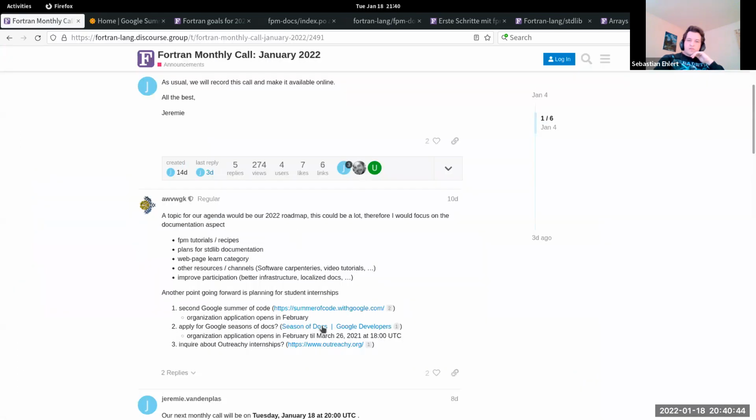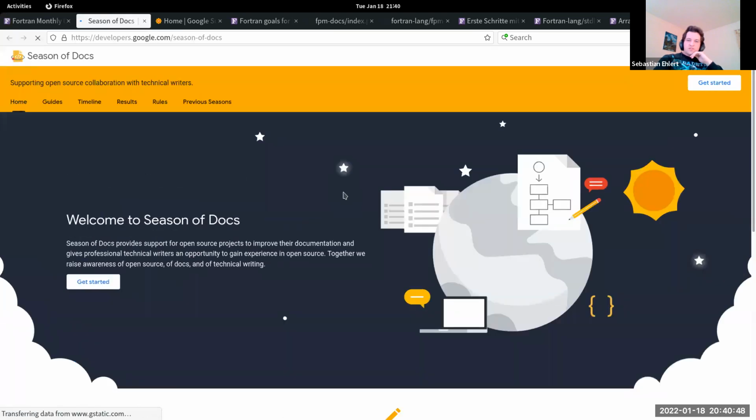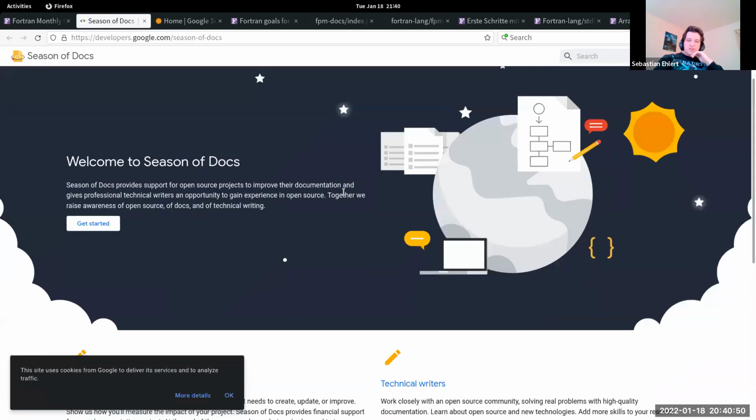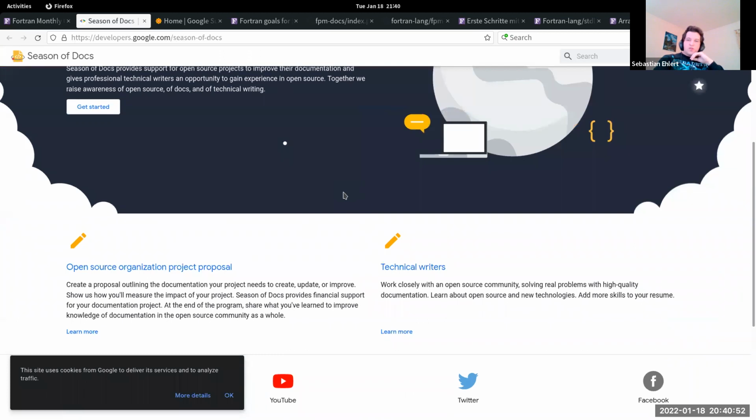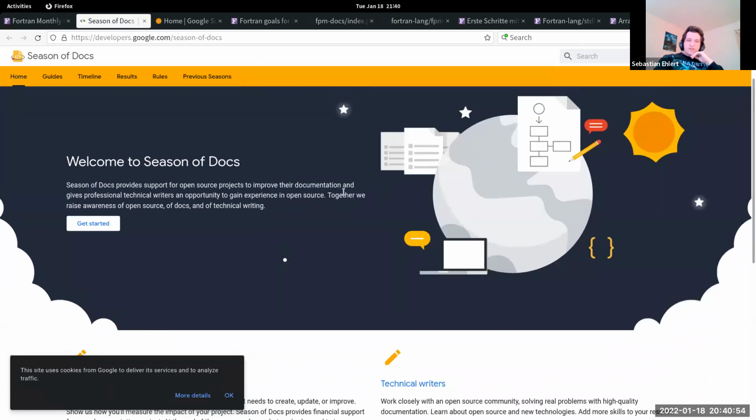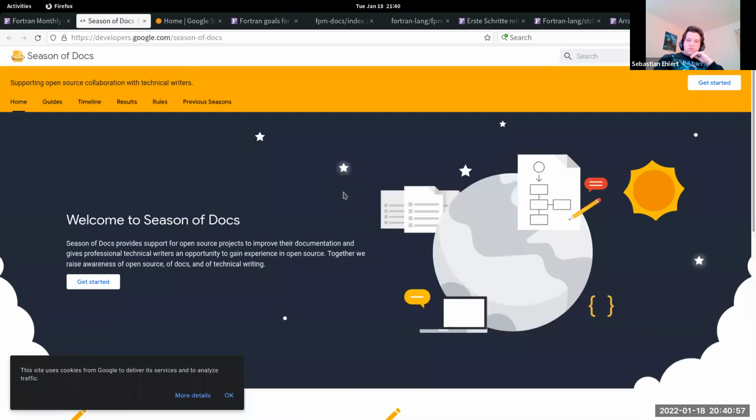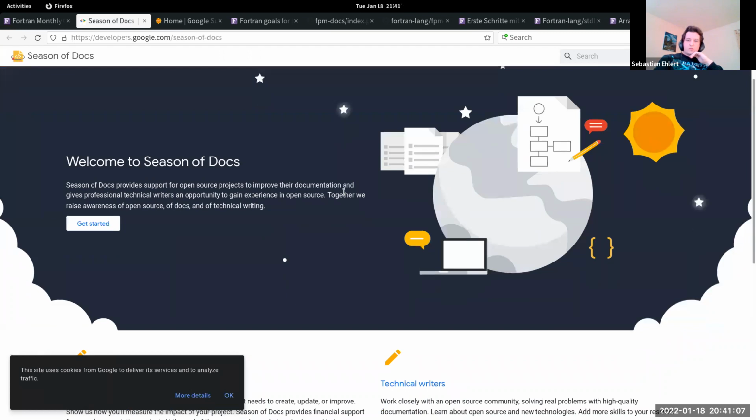And the other thing which I mentioned is the Season of Docs, which is, as far as I understood, more or less the same as the Summer of Code, but not for programmers, but for technical writers. And we would have to apply there as well.